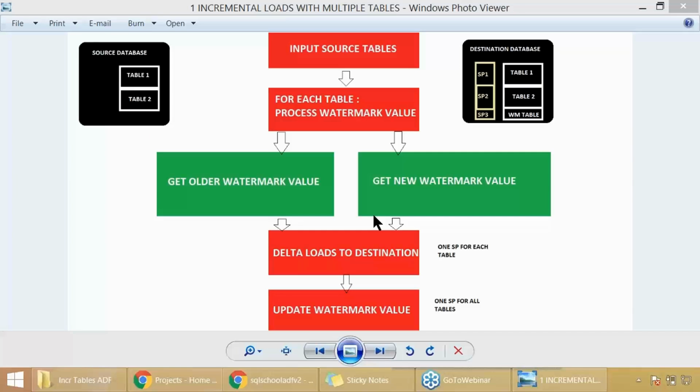In this process, we use stored procedures. One procedure for each business table to perform merge operations. I repeat, we require a procedure for each of the input tables to perform dynamic merge operations. An additional watermark table to maintain the timestamps, and a procedure